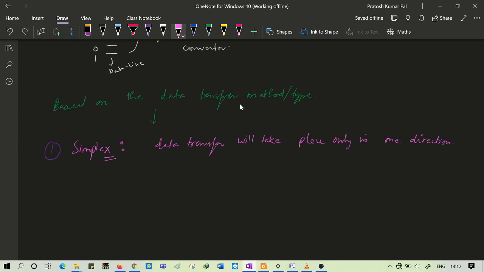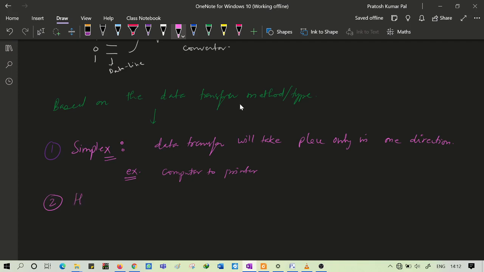For example, when we are going to print something, there is a transmission of data from computer to printer. Only one way the transmission will be taking place. Printer cannot give input to the computer. Only the data will be transmitting from computer to printer. So this is called a simplex type of data transmission.